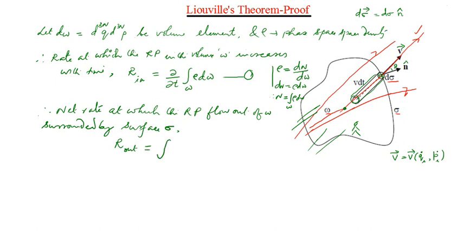So R out is also given by an integral. Certainly it is a surface integral. I'm writing it as a surface integral, because this is the surface which bounds the volume omega. So the surface integral of rho v, v is the velocity vector as we have shown in the diagram, v dot n cap d sigma. You know this integral is a surface integral, and the first one in equation 1, the integral is a volume integral.